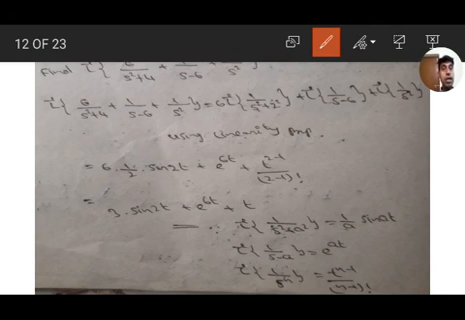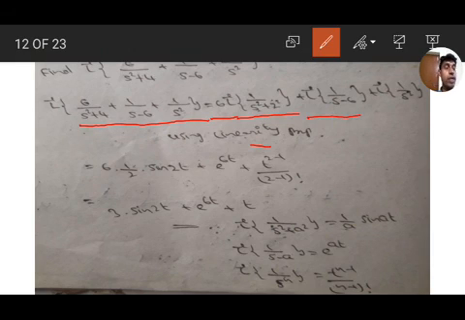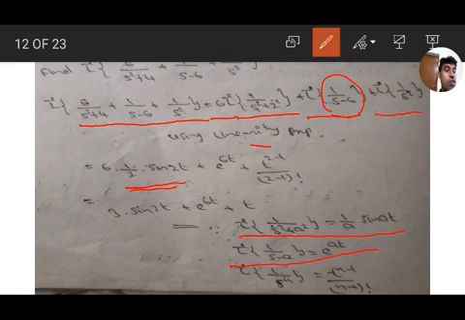Here we have a sum of three functions. So by using the linearity property, first 6 is the coefficient outside, L inverse of 1 by s square plus 4, where 4 means 2 square, and L inverse of 1 by s minus 6, and L inverse of 1 by s square. For L inverse of 1 by s square plus a square, the formula is 1 by a sin at. Here a means 2, so we get 1 by 2 sin 2t. For 1 by s minus 6, the formula for s minus a is e to the power of at. Here a means 6, so e to the power of 6t.